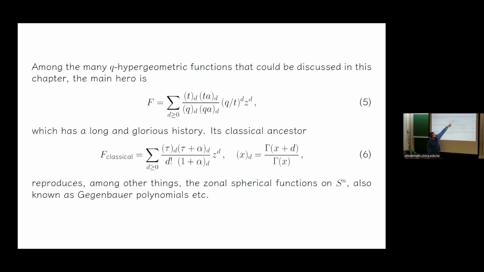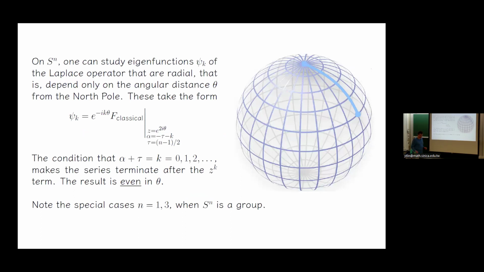So q becomes 1, product becomes plus, alpha stands for a and tau stands for t. Otherwise it's the same. And this is the function that for special values of the parameters reduces to things like Gegenbauer polynomials, also known as spherical functions. And what is a spherical function? So if I have an